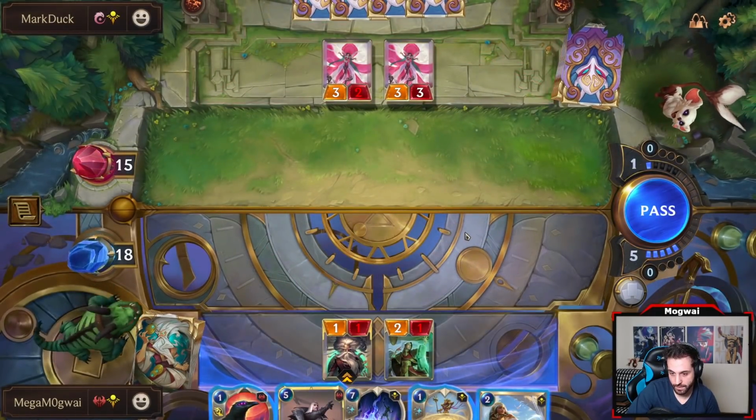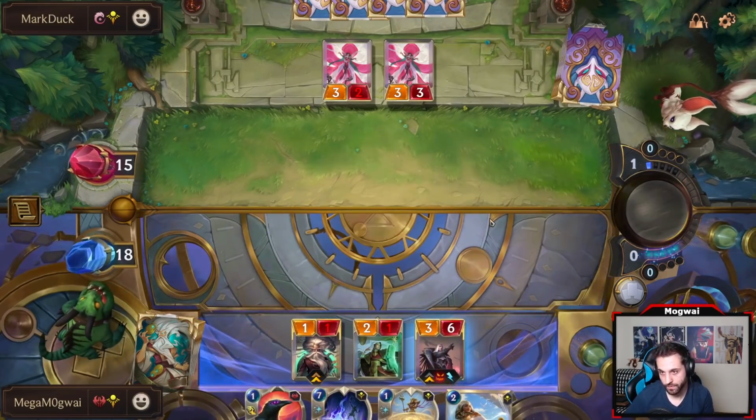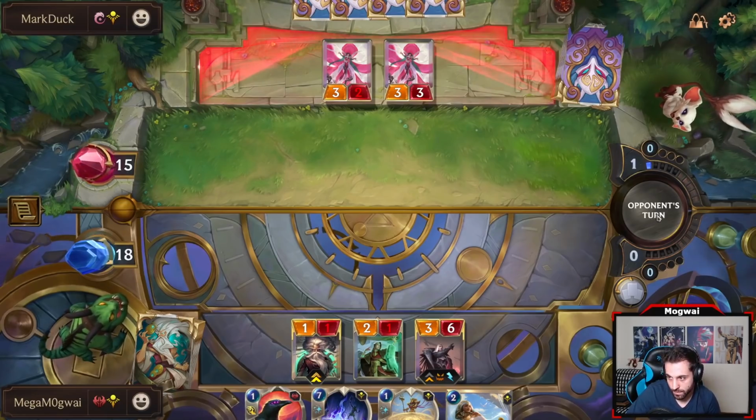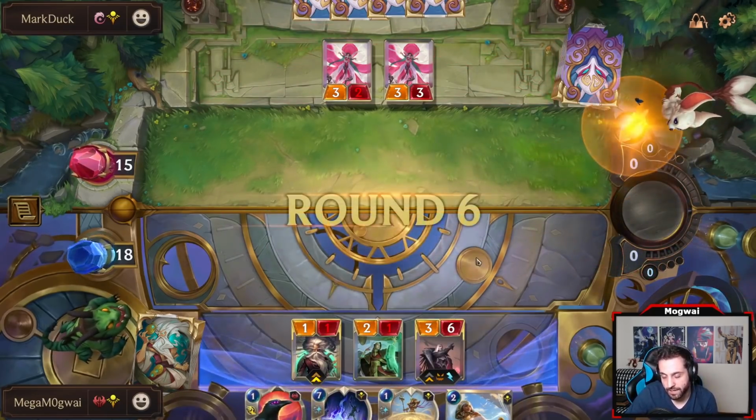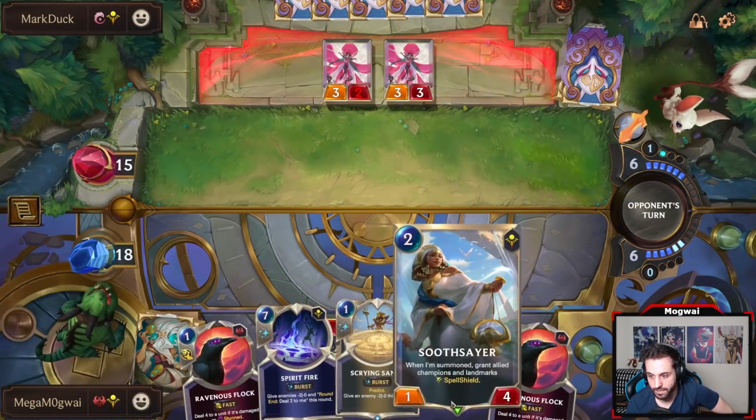I like Spirit Fire, but I also just like Swain. I don't have Spirit Fire enabled this turn, but I don't feel like I need to, especially with Soothsayer, I can very easily